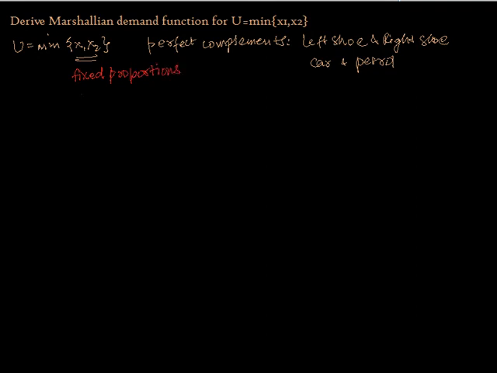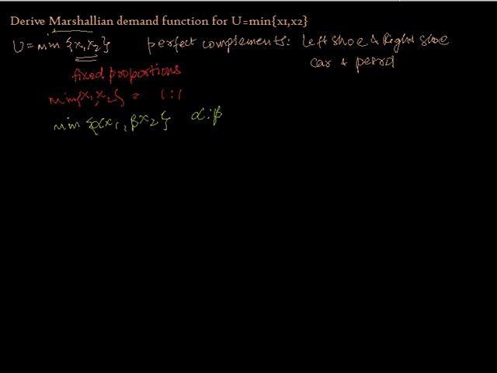proportions. Now, if we are given the utility function like min of x1, x2, it means that they are being used in ratio 1:1. Now there could be cases, in a more general case, where it could even be written like min of alpha x1 and beta x2. So they're being used in the ratio alpha is to beta. Fine. Now we'll be talking about these cases later, but for this particular function, we need to find out the